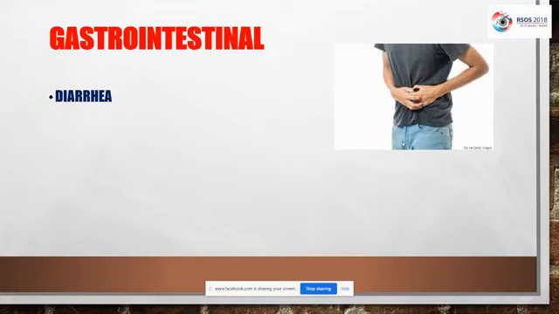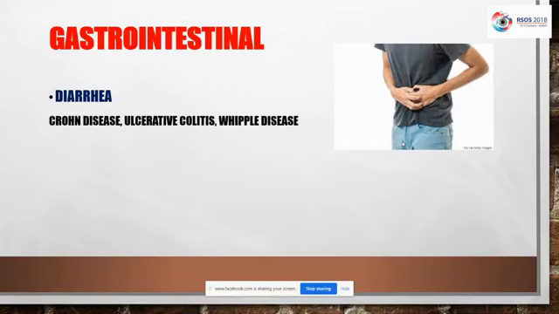Like if the patient mentioned that he or she had a history of recurrent diarrhea, you need to think about inflammatory bowel disease like Crohn's disease, ulcerative colitis, Whipple's disease. Each one of them can have its specific diagnostic criteria